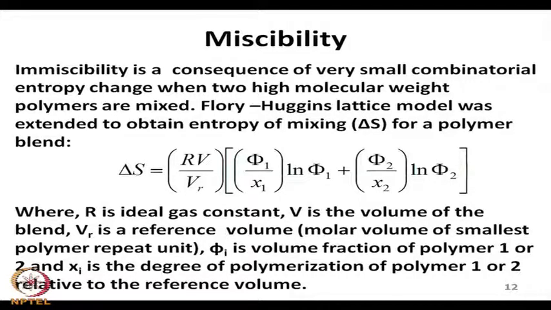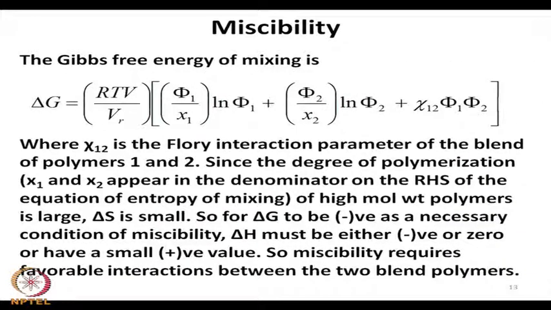So, in that case, x 1 is the degree of polymerization of the component polymer 1, and x 2 is the degree of polymerization of the component polymer 2, and they represent their corresponding molecular weights. So, we can utilize this model in order to calculate the entropy of mixing of the two component polymers, and